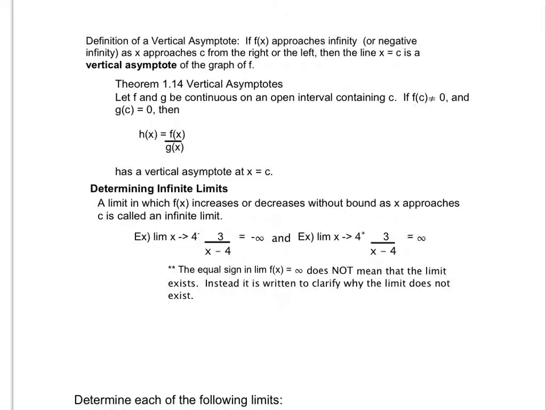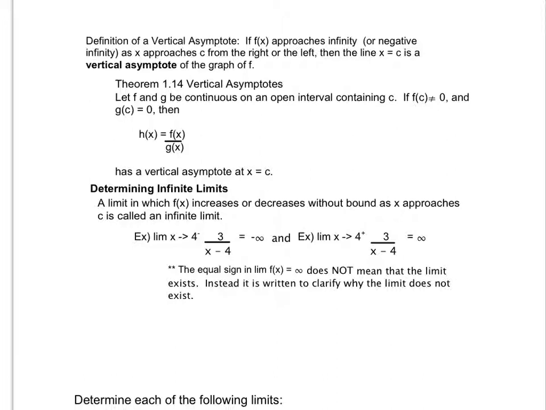Okay, moving through limits. Now we're really going to talk about how to determine if a limit doesn't exist due to increasing or decreasing without bound. Is it actually increasing or is it decreasing without actually looking at the graph? So the definition of a vertical asymptote says that if f of x approaches either infinity or negative infinity from either